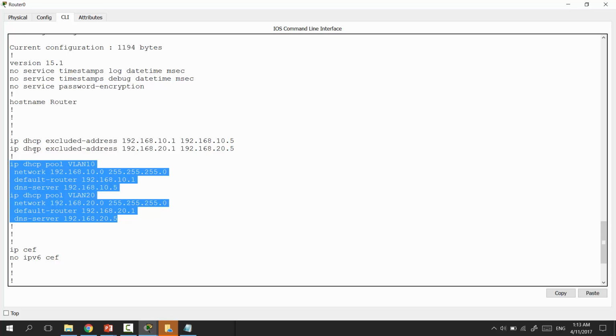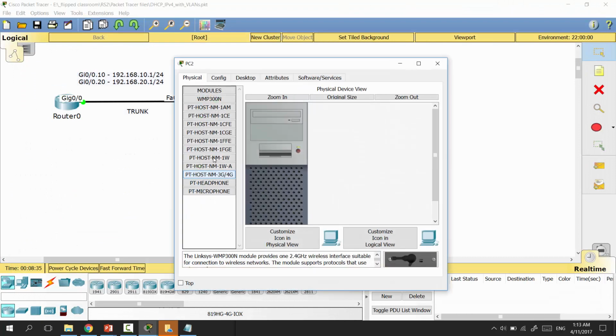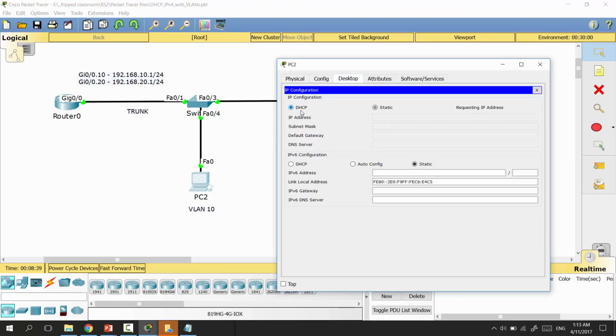About these two DHCP pools. One pool name is VLAN 10, another pool name is VLAN 20. It is just the name. It can be anything, any name. You can create your own names, and we are just defining these different IP addresses. And then when our computers start to ask for IP addresses from the DHCP server, computer PC2 will